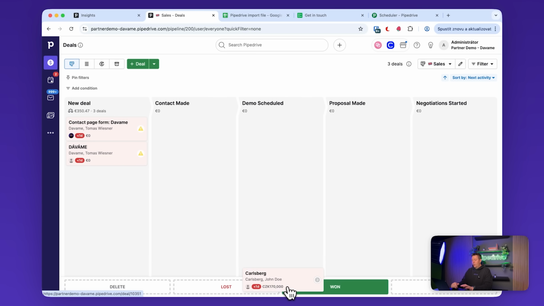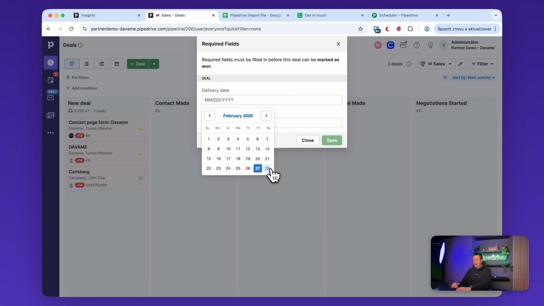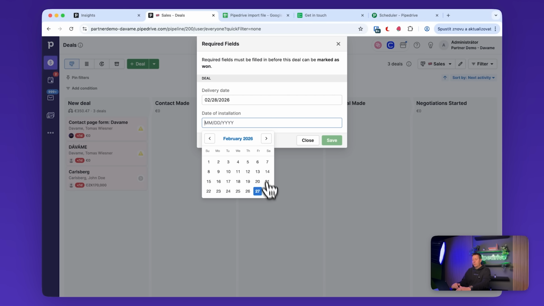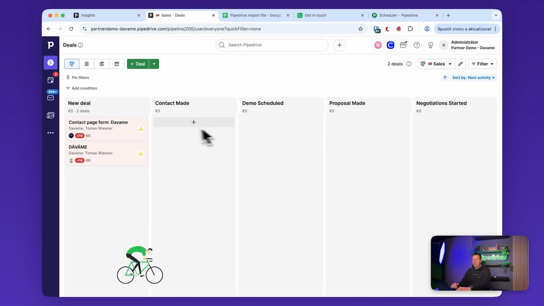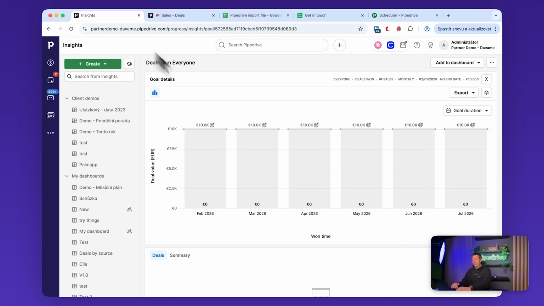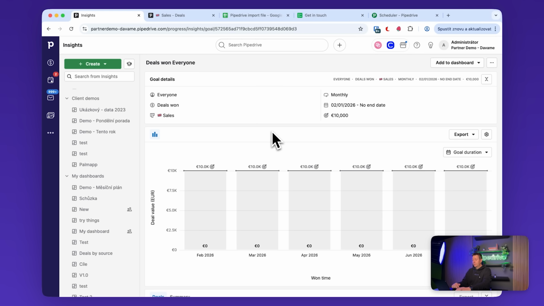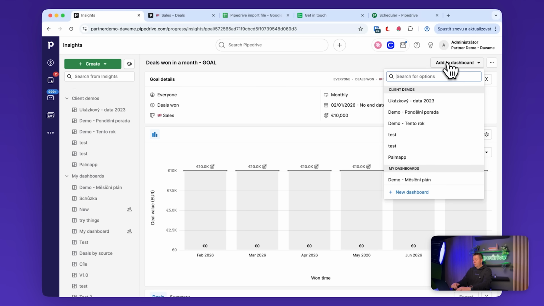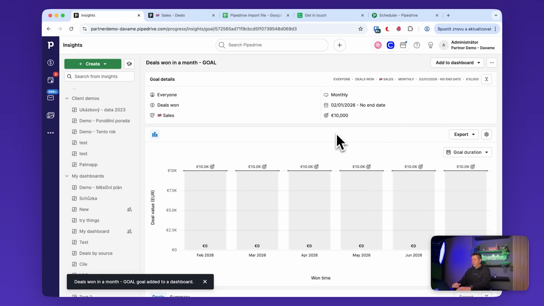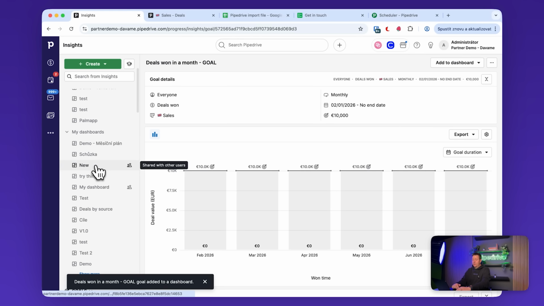I will win one more deal. Again, these are the mandatory fields that need to be filled out. And getting back to the goals. So, deals won in a month, goal, add to dashboard, new. Now I can just enter